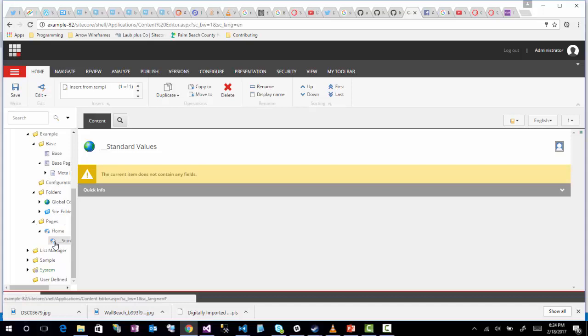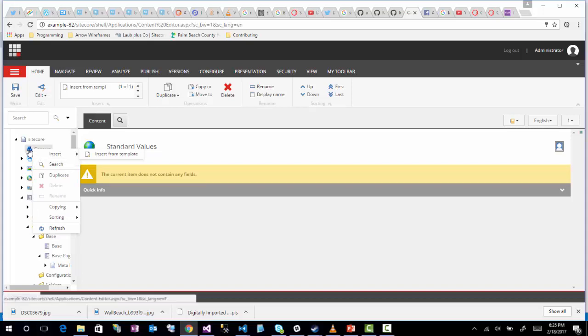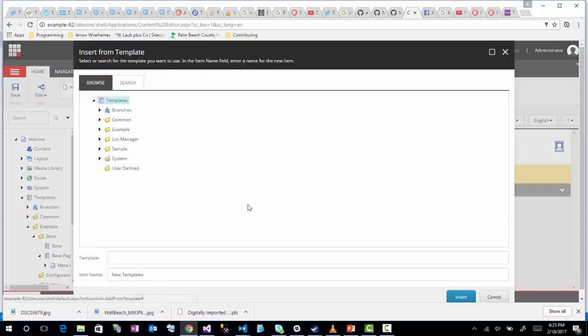So now we can actually start creating this stuff inside the content area. If we scroll back up, you'll see the content area up here. For the first item, there isn't really any insert options because we didn't define any insert options for the main content item. You can, but you'd be modifying the Sitecore template at that point, and there are some concerns with doing that, such as if you upgrade Sitecore, you might lose your insert options, which is not the end of the world. But anyways, I'll insert from template